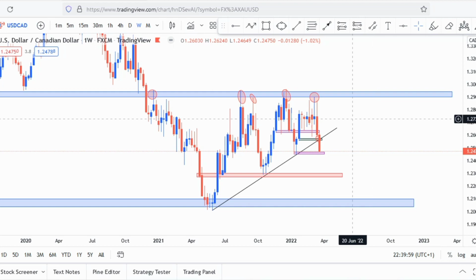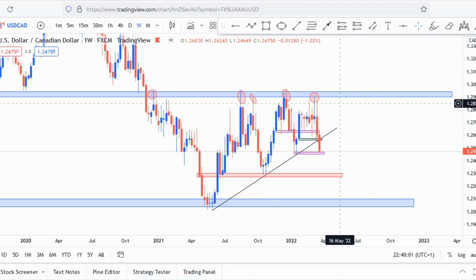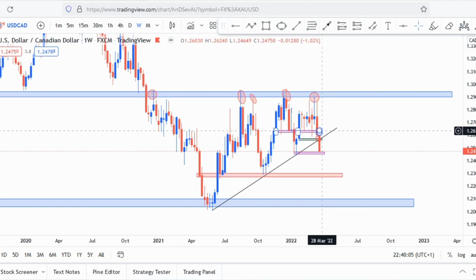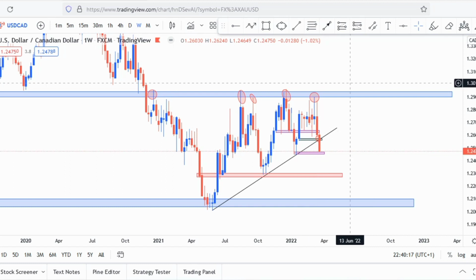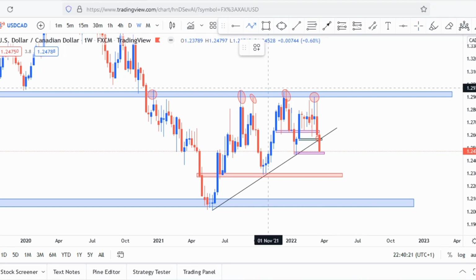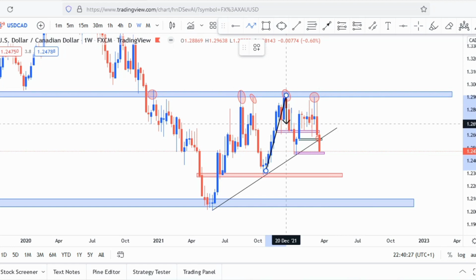As you can see from the weekly time frame, price has currently broken this trend line strongly, as well as this previous support level, and now price has gotten all the way down to this support level, which is a 4-hourly support level. On the weekly time frame, what we can see as well, if you can identify it, is a double top pattern here. Well, we can actually see a triple top pattern